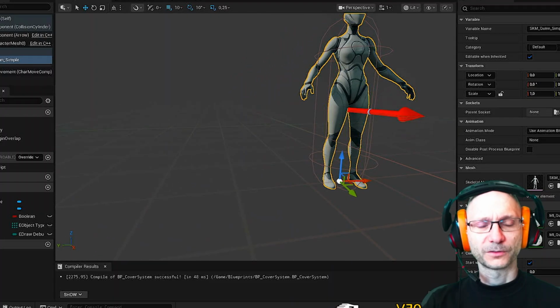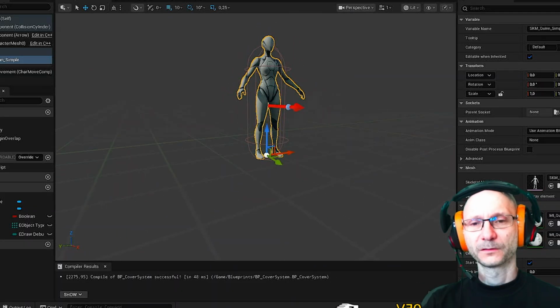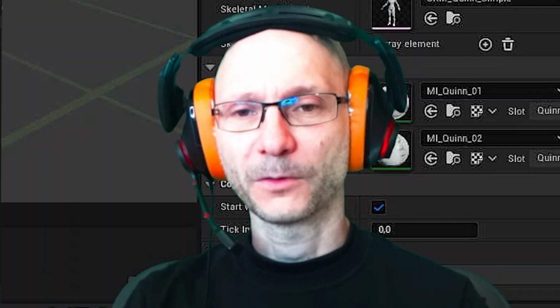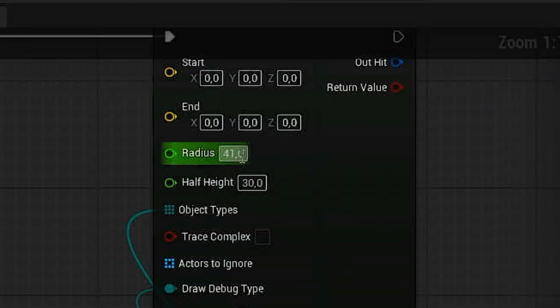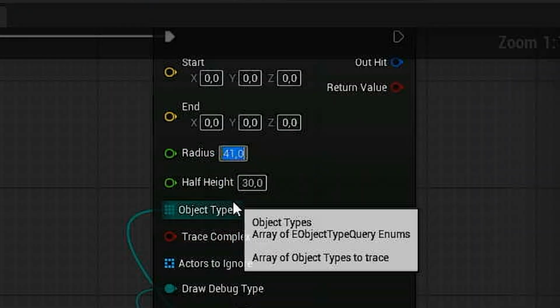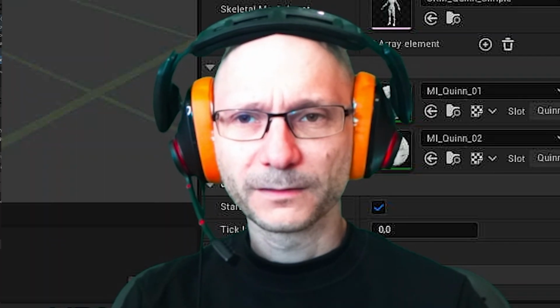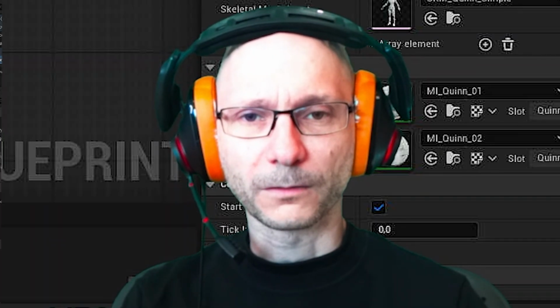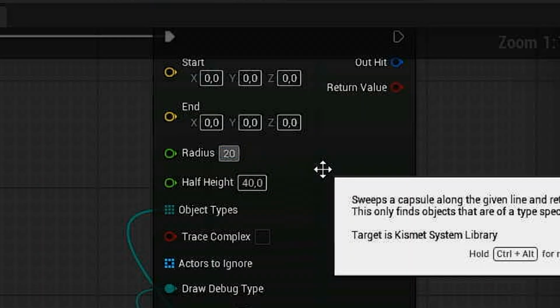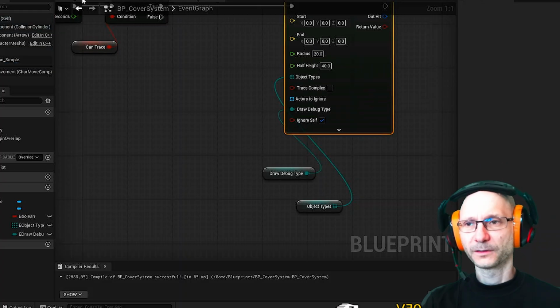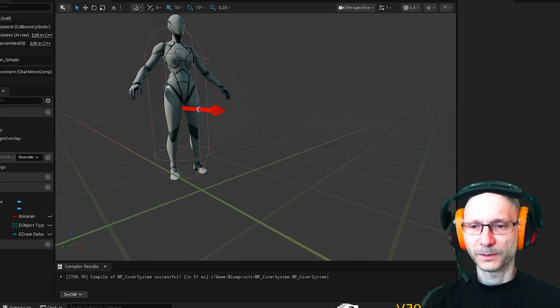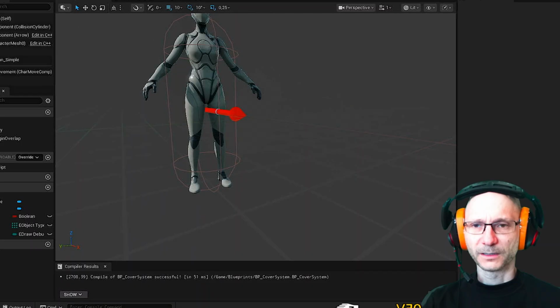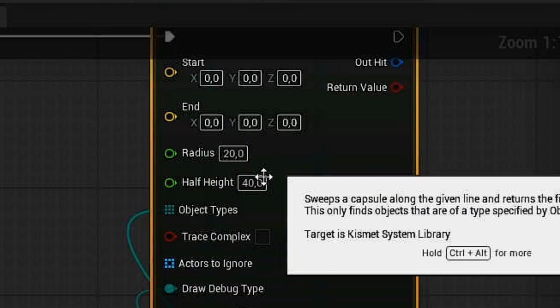This capsule is way too big. Maybe we can try radius 30. Does this get even slimmer? I don't know. How about just 20? Just to check if this works. No, I don't think this is making the capsule any slimmer. So what are we doing here?